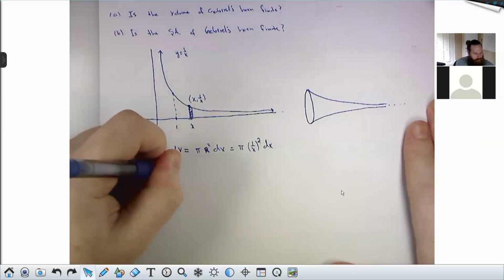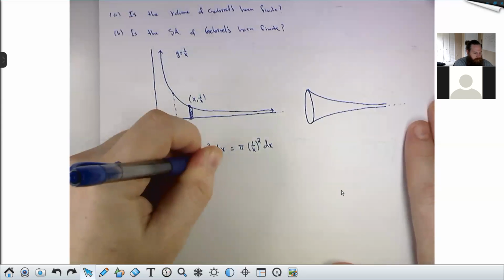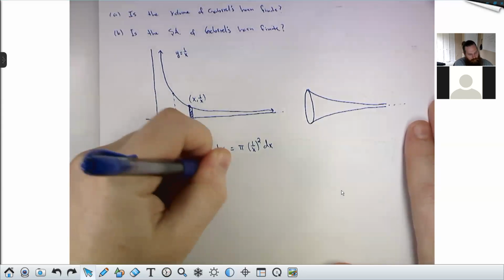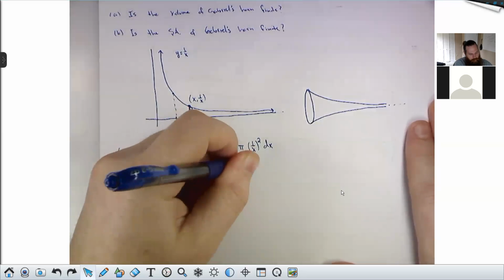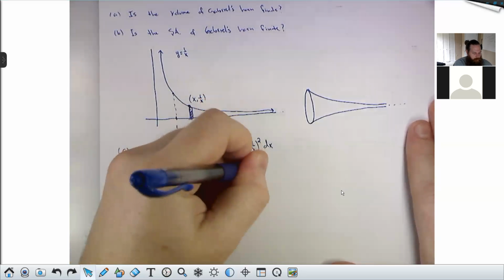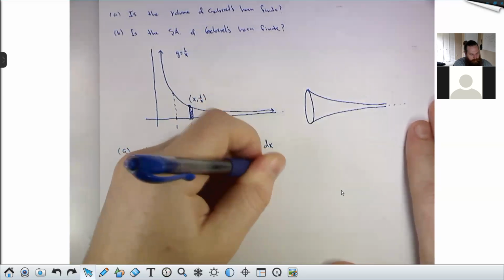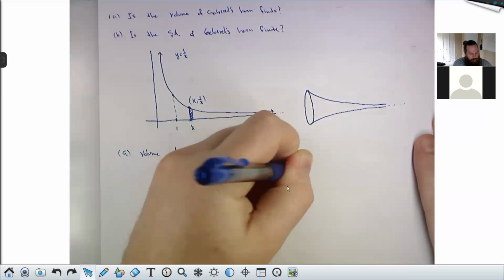which means that the volume itself is going to be the integral from 1 to infinity of dV, which is the integral from 1 to infinity, I can pop out the pi, 1 over x all squared is 1 over x squared dx. And we recognize this right away as a p integral, right? And this is a constant multiple of a p integral. So I know that it will be convergent, but just for fun,